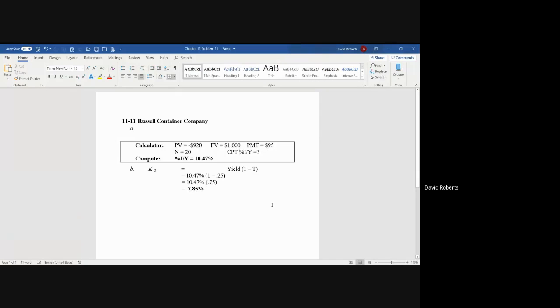In this case, we are asked to calculate the yield to maturity. We have done this before, but we're going to add something new, an adjustment for taxes. So in this particular case, how you would enter this on your calculator from left to right, you would have